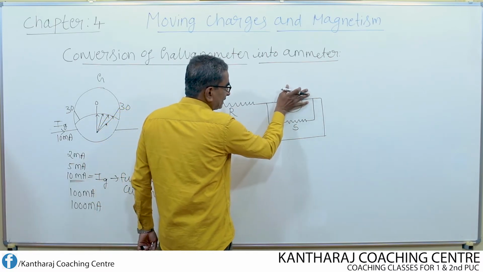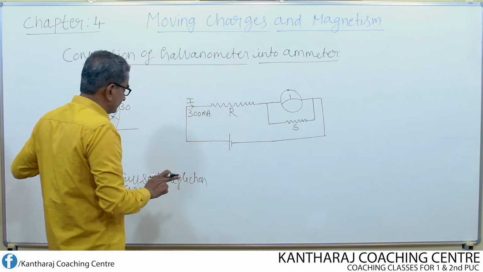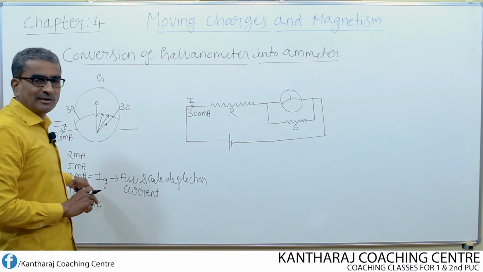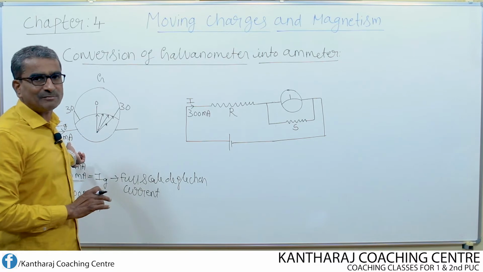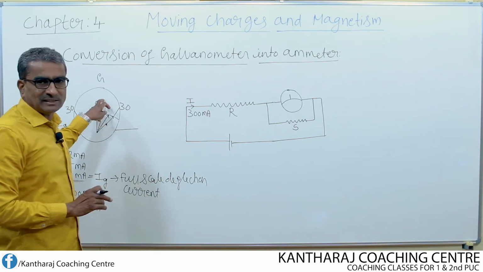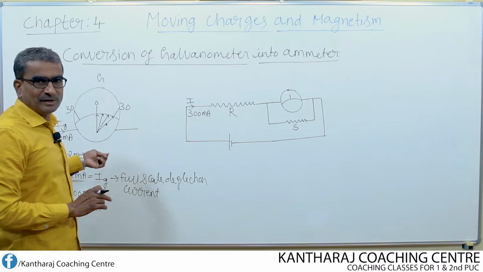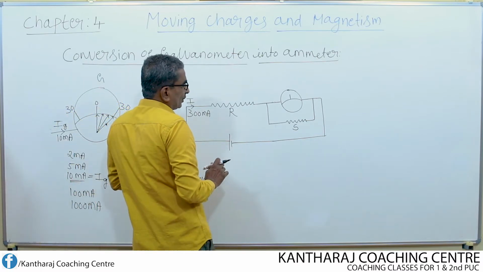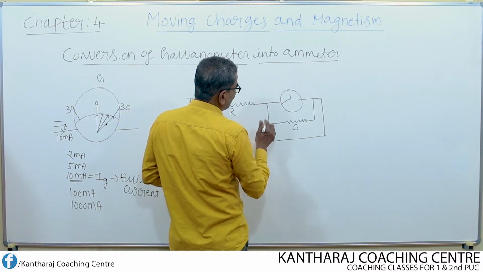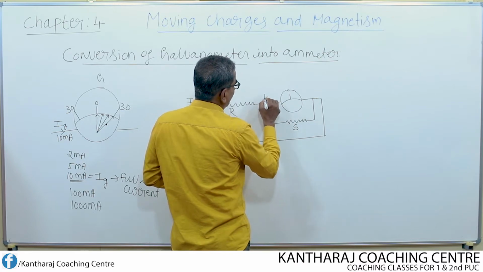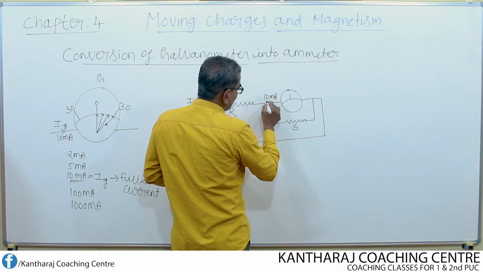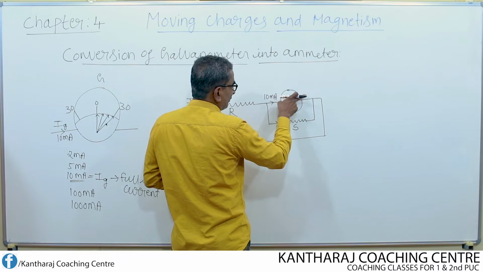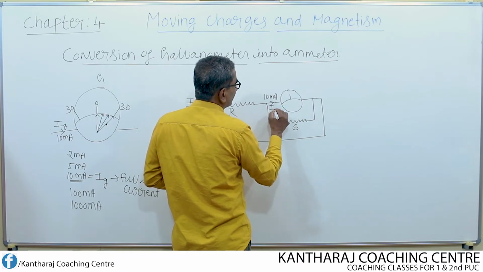Suppose without shunt, if I connect this galvanometer, what happens? I already explained what may happen if the current flows beyond this range. It is not always equal to 10 milliamps. Here I have taken this value as an example to show what maximum current this galvanometer can measure. Different galvanometers measure currents of different ranges. Now out of 300 milliamps, only 10 milliamps of current may flow through this. The remaining current flows through this. The current that flows through the galvanometer producing a full scale deflection is always known as Ig.